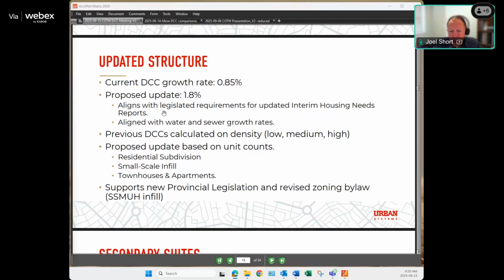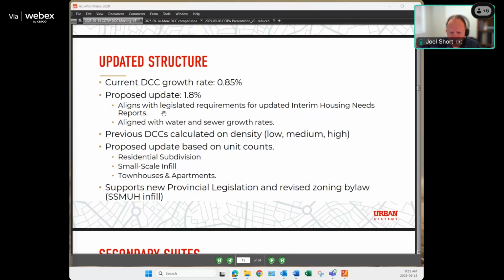Now, the previous DCCs were calculated based on density, like low density, medium, and high. The proposed update is based on unit counts, which relates to residential subdivisions, small scale infill, townhouses and apartments, and it's more in alignment with the provincial legislation and the revised zoning bylaw, the small scale